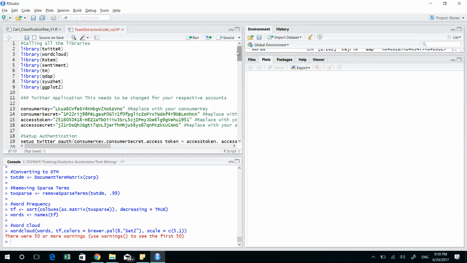If you're taking an employee survey with a free text field, what exactly is the employee happy with, and what exactly is the employee unhappy with? If you're a Flipkart and you're selling products, what kind of feedback are you getting on the product? Are you liking the product? Are you not liking the product? What is your overall sentiment about the product? Are you being positive? Are you being negative? Those are the things people really want to understand. So what we'll do today is showcase how exactly we can use text to come up with certain insights.